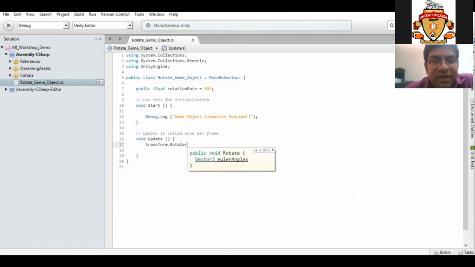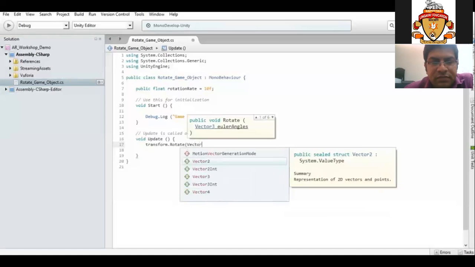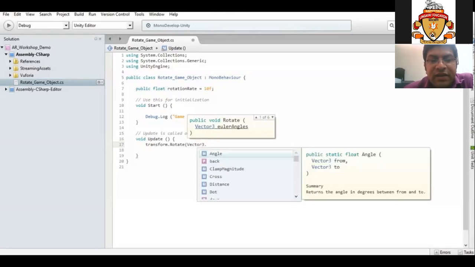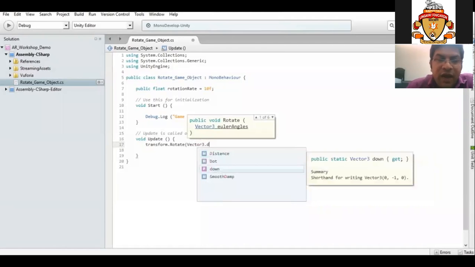and then Vector3. So it is Vector3 and Euler angles. Okay, so Vector3 and then Vector3.down. If I want to rotate the game object downward, I will have down.